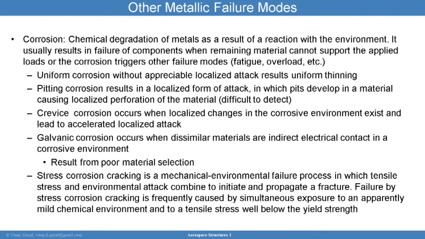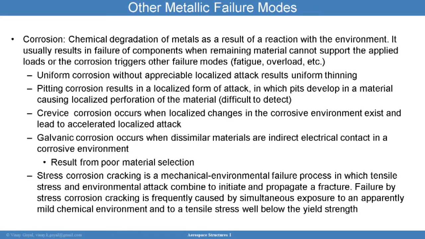They're really difficult to detect. Crevice corrosion occurs when localized changes in the corrosive environment exist, and that leads to an accelerated localized attack. Again, here you have a crevice that's getting quite aggressive in the behavior of that corrosion, and it's getting accelerated